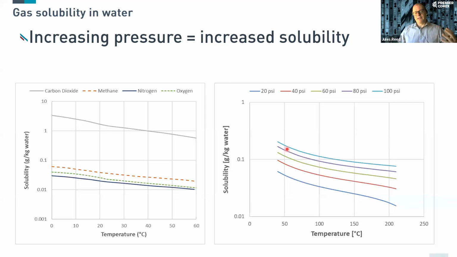To perform things like relative permeability or the residual saturation, we really need to have immiscible fluids that are not changing, that are under equilibrium. But one of the problems is, so this is just some graphs showing you solubility of different gases as a function of temperature. This is then showing you nitrogen as a function of temperature and pressure, so that as we increase pressure, so this is 20 psi, 40, 60, 80, 100, as we increase the pressure of the water or of the system, we're pushing gas into solution,